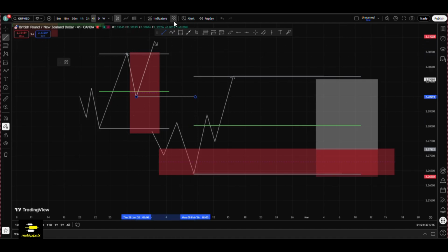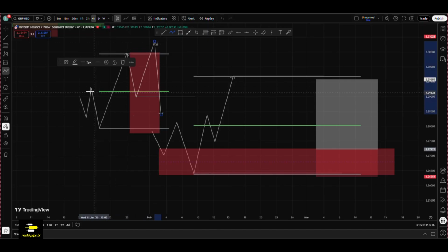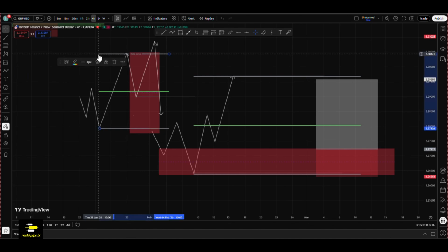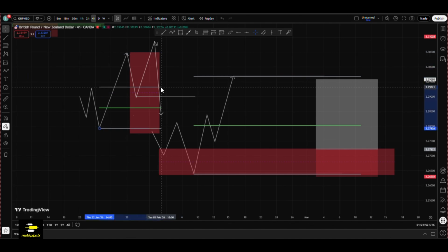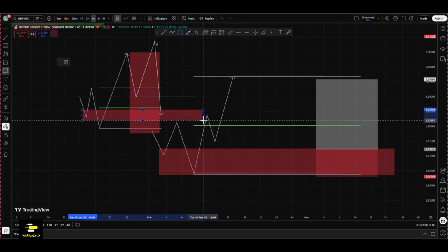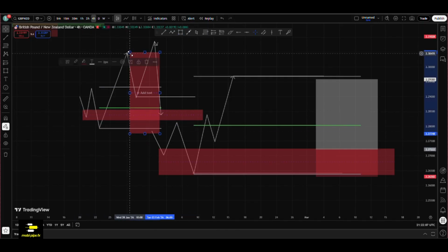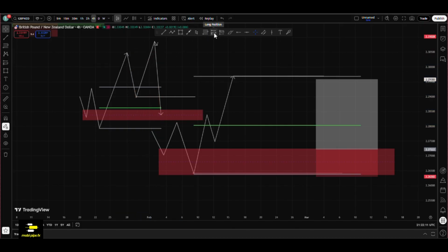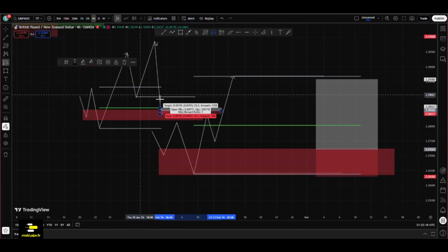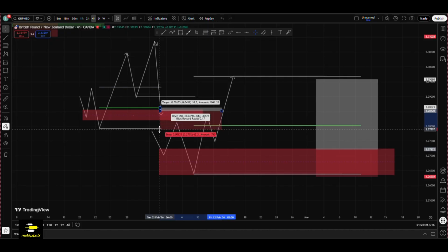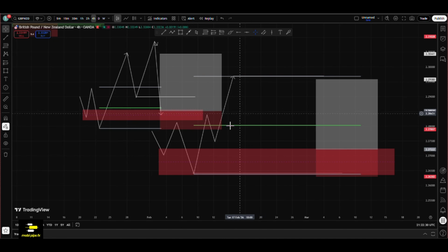All right, the moment price gets past the equilibrium and gets into my structural liquidity, I know that it's about to go down. I mark from my main low to the BOS, the break of structure, to get my point of interest where I want to take my buy from. I mark it. I know that is where I'm going to put my entry. Then I enter my trade from here. I'm no longer looking for sells as I've passed this equilibrium zone. I get my entries there, put my stop loss slightly below, and my TP up here.